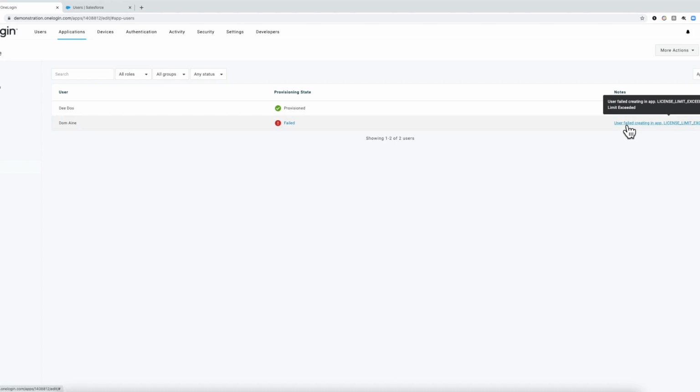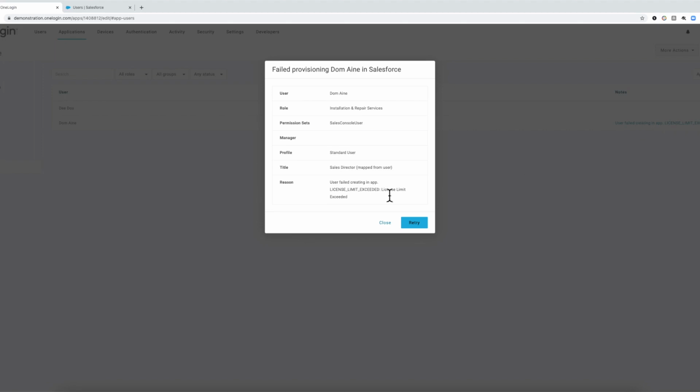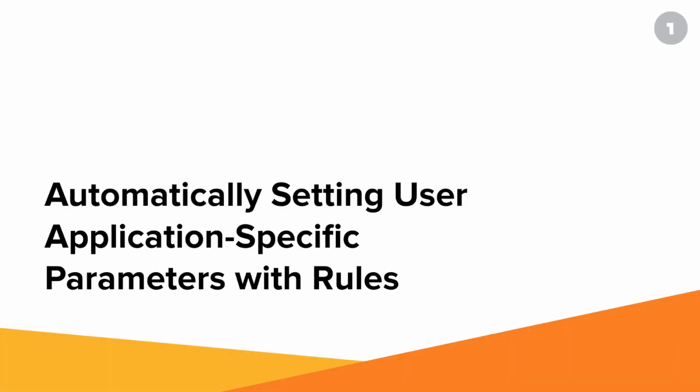So if it fails, I need to troubleshoot. With any sort of failures or errors, I'm going to get some information right here. This one's telling me, again, I've exceeded my license limit. That's because I just have a trial account over there, and I have limited users that I can create in it. But again, we can see that that call went through because I approved it. It just failed over on the Salesforce side because of my licenses. So now maybe I should actually pay for the Salesforce account, or forget about Dom and he's not going to get an account. And of course, we can do a little bit of